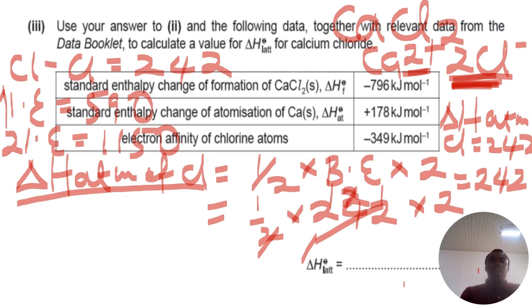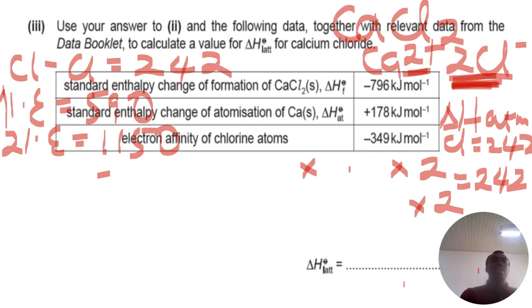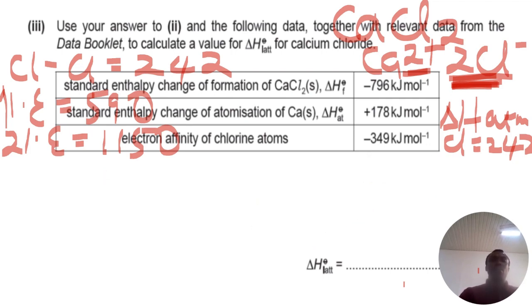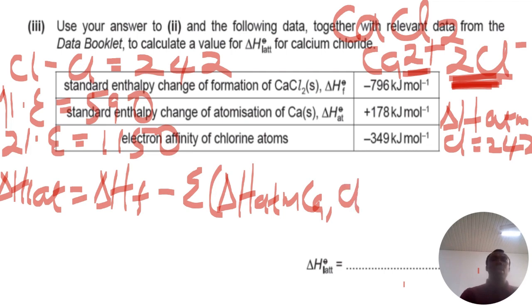So we'll now go over to calculation of the lattice energy. To calculate the lattice energy, we already know the formula. Lattice energy is equal to enthalpy of formation of calcium chloride minus the summation of enthalpy of atomization of calcium and enthalpy of atomization of chlorine,